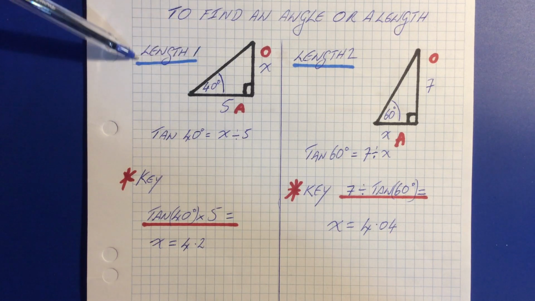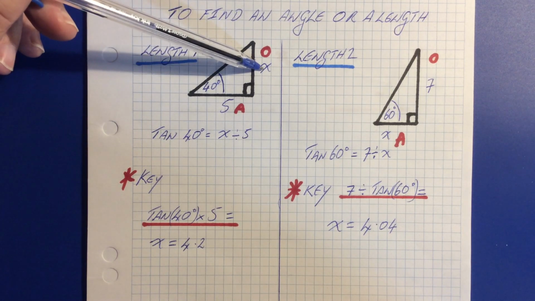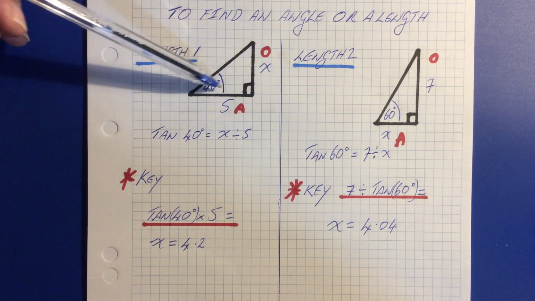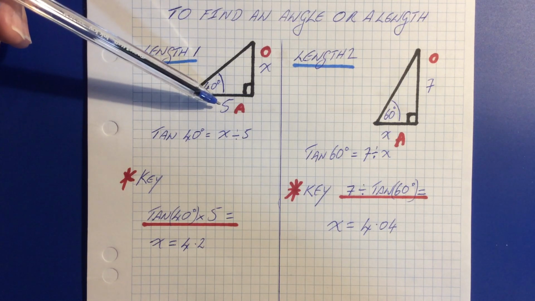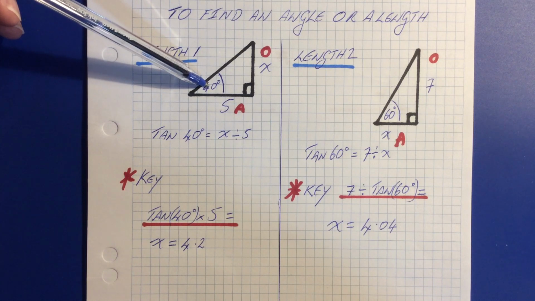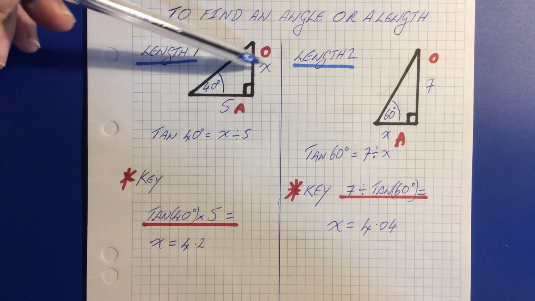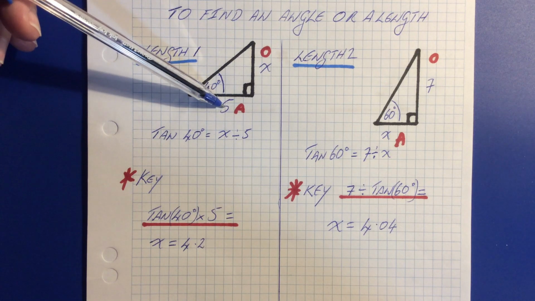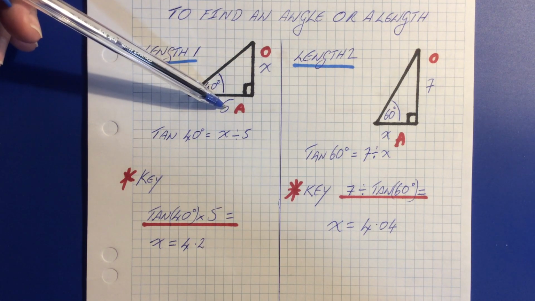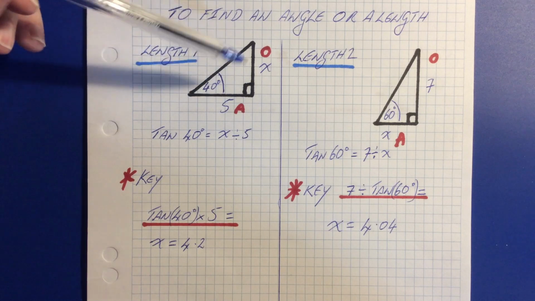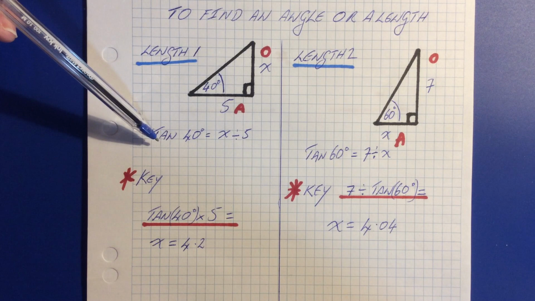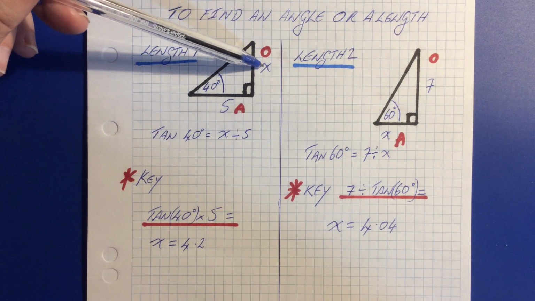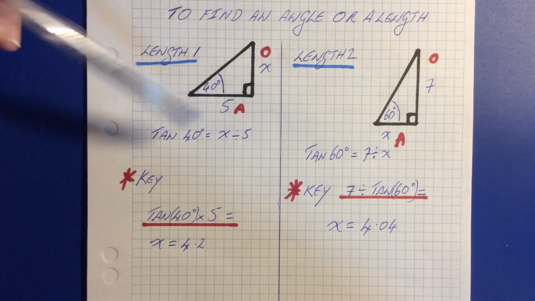Okay, so scenario one, we're looking for the length of this side, and it is the opposite side to this angle. We know this side is 5. So the rules tell us that the tangent of this angle, 40 degrees, is equal to opposite over adjacent. Now, our setup for keying this into a calculator,